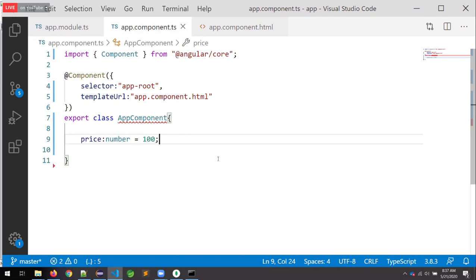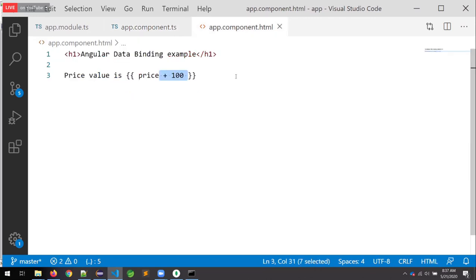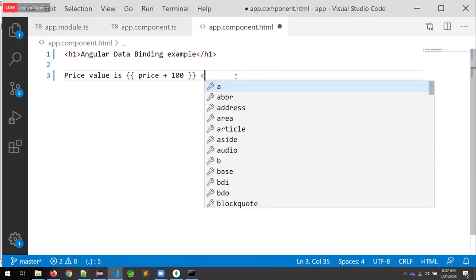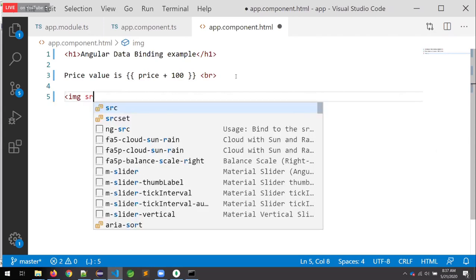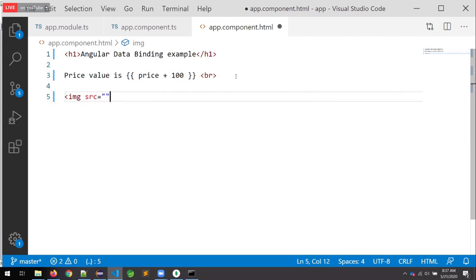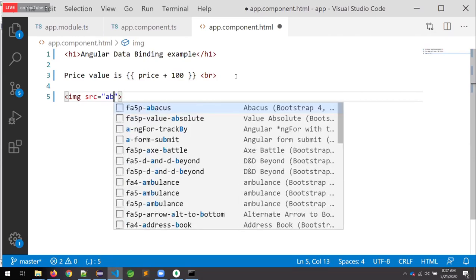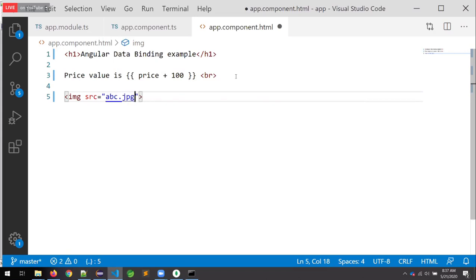Image tag, sir. That is a silly question, but there is a meaning behind it, that is why I'm asking. For the image tag, what attribute will be there? SRC. Now tell me, if I configure ABC, is it a static image or a dynamic image?